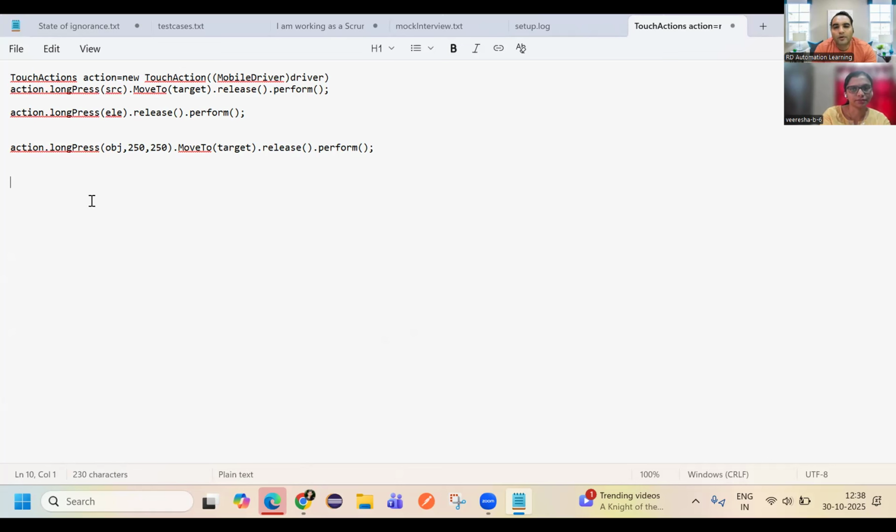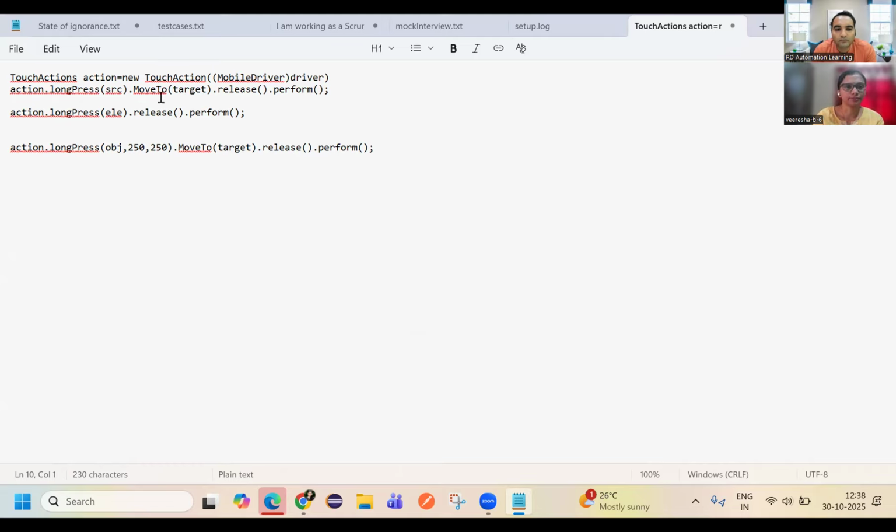What if I want to include a wait in this? Because there are chances that the element might not be interactable or visible for some duration of time, so I might have to go for a wait. During swipe or scroll, it's fine, we are scrolling, so that's not an issue. But during long press, if I want to go for a wait,